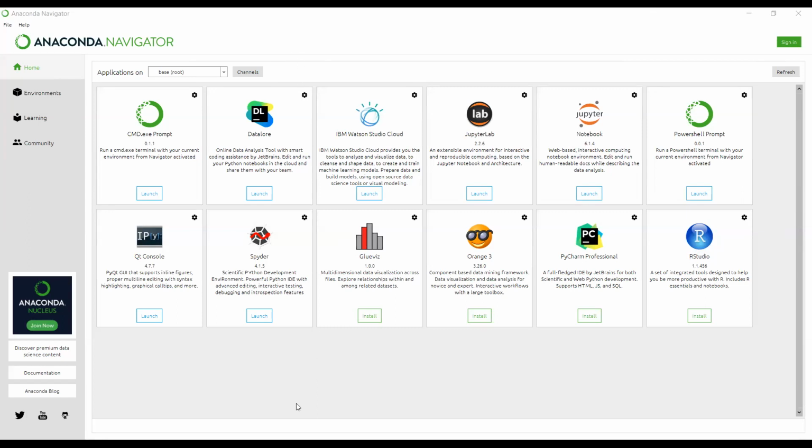Yes. So you can just click on Jupyter over here. Not Jupyter Lab, the second one, Jupyter Notebook. Yeah, just click on this. This will launch the environment that we will be using.